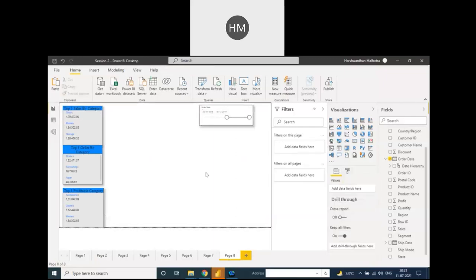Any doubt from here that we need to cover? This part is covered. Multi-row card is covered. Any doubt in multi-row card? Anyone? Otherwise we will move further. Shubham, Vicky, Vinay, any doubt? No doubt, sir. Okay, so everything is clear till now?